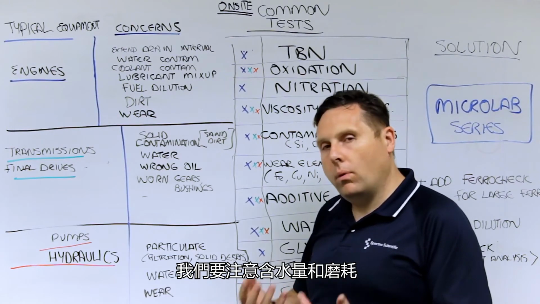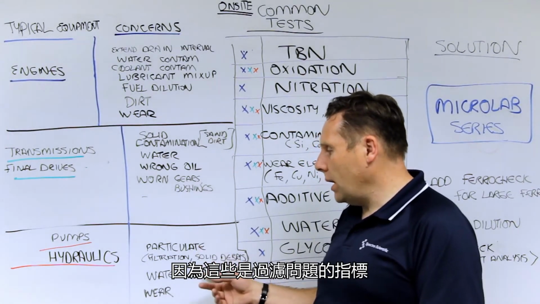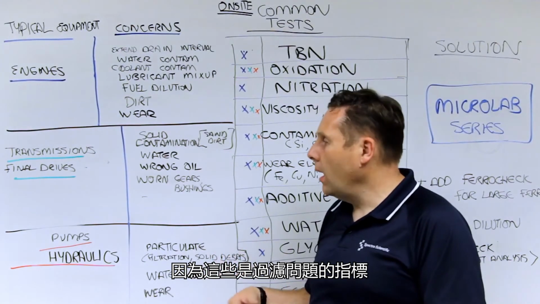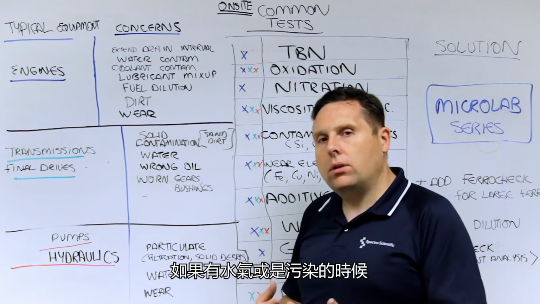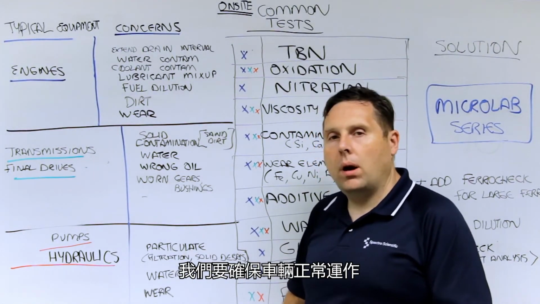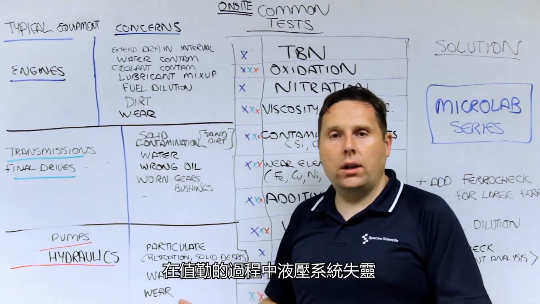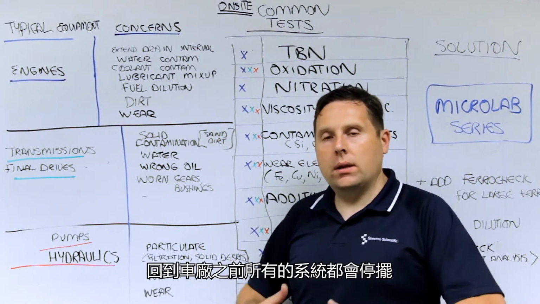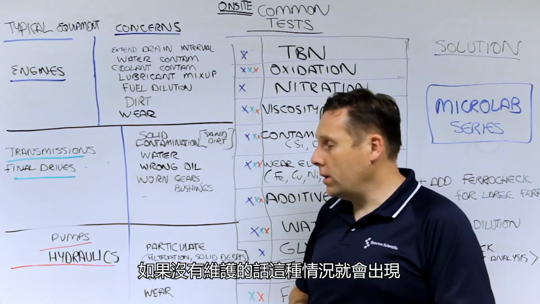We want to be looking for water, we want to be looking for wear. In this situation, again, we're looking for filtration issues. In the case of water and any other contaminants that are present in there, we want to make sure that those systems are working properly. There's nothing worse, for instance, than to have a sanitation truck lose the hydraulic system on its run, because now everything is stuck until it gets back to the shop, and that can happen quite a lot if these things are